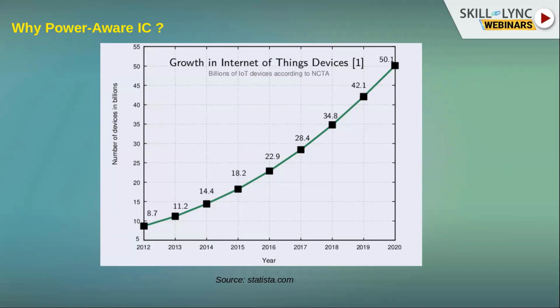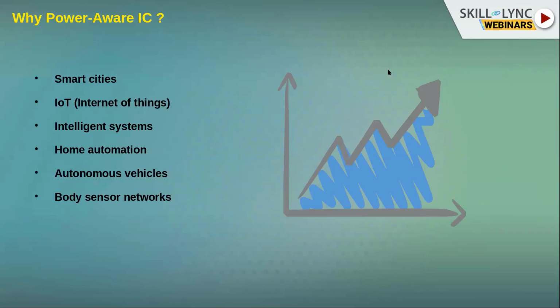You can think of how the electronic industry is evolving now. According to a study by Statista, the growth in the number of Internet of Things devices generated all over the world is rising in a highly exponential fashion. The numbers are in billions. You can see how many devices related to IoT are brought into the electronic industry every day.